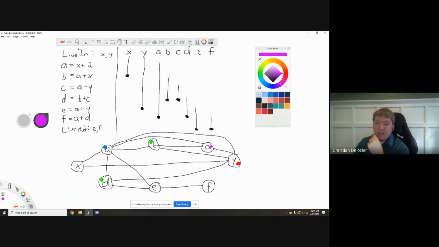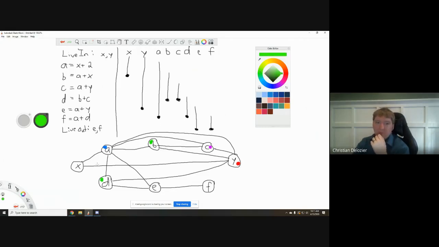And F is just connected to E. So what we can surmise here is that we need E to be a different color than A, D, and F. F is not assigned a color yet. We need X to be a different color than Y and A. And so we can try to be a little intelligent here, and say that maybe X is going to be green